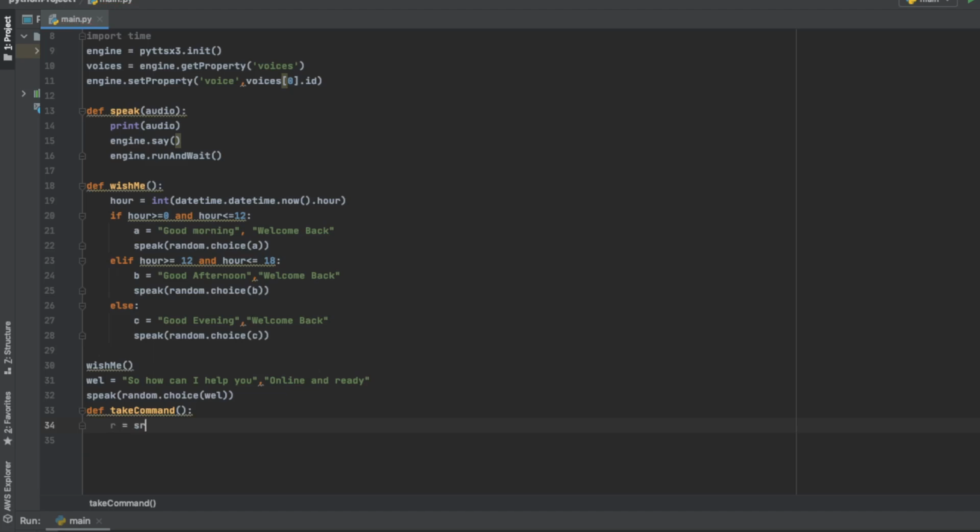So r = sr.Recognizer, R should be capital. Next, with sr.Microphone() as source,